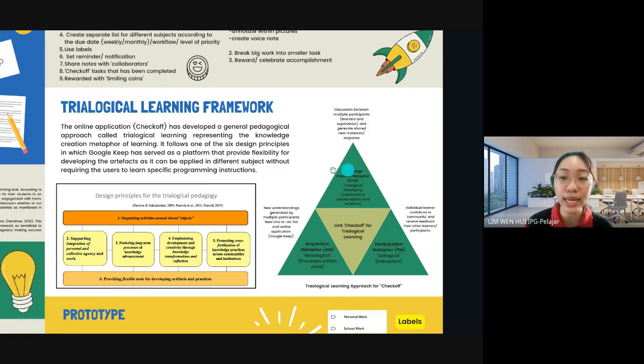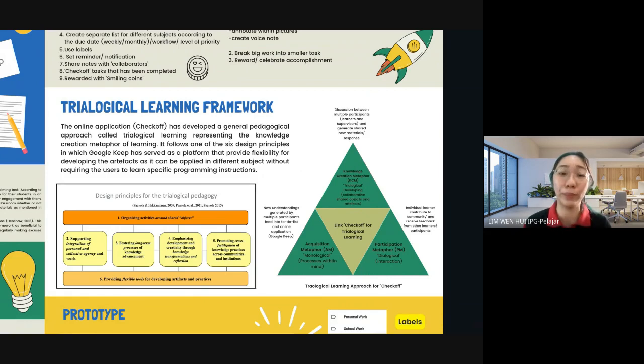Okay, last but not least, it is through this third, knowledge creation, trialogical, that we overcome the acquisition and participation approaches, toward the development of innovative inquiry through new ideas, tools, and practices to support intelligent actions to enrich the products or outcomes. So here, how I relate it is that the collaborator features indicate that not only teachers and students, but also the parents and the community are able to engage in a shared note for different subjects.